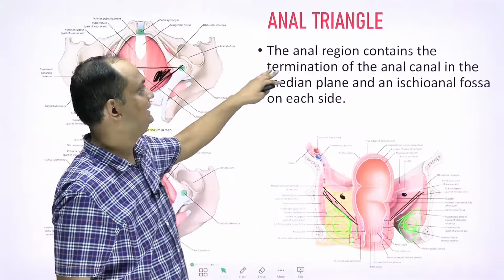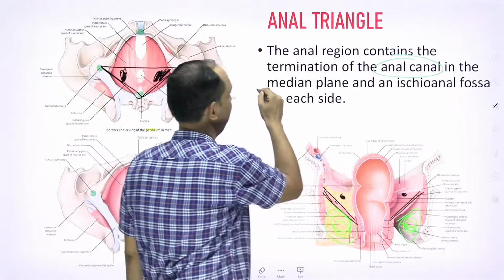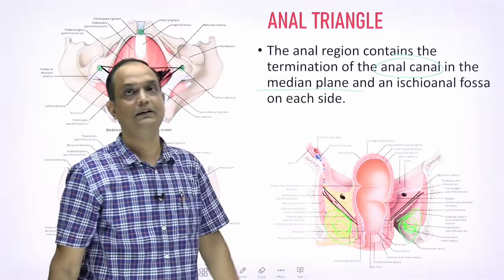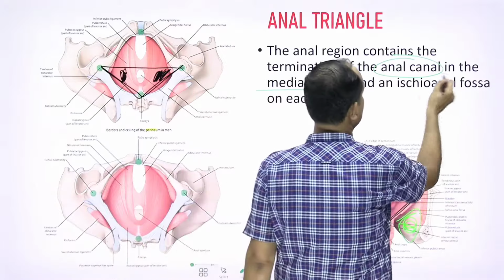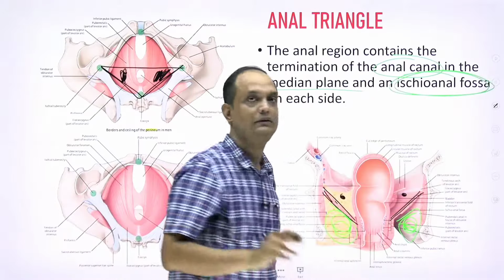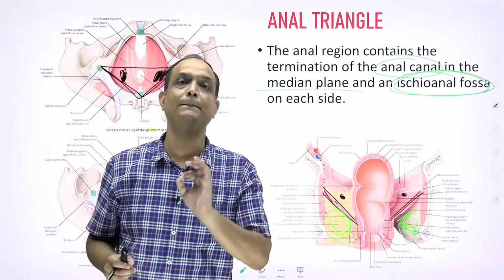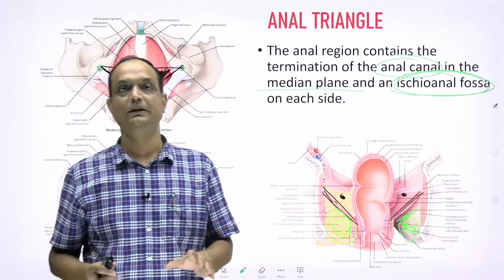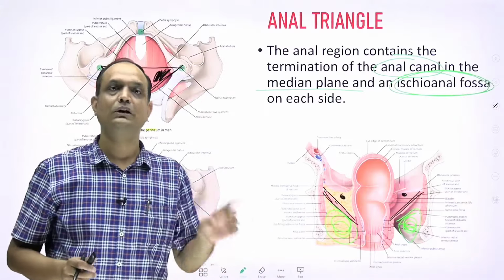So the anal region contains the termination of the anal canal in the midline, and on both sides it is surrounded by fat-filled areas known as the ischioanal fossa. Clear? My dear friends, this is the most important concept to understand: if somebody asks where the ischioanal fossa is located, in one line